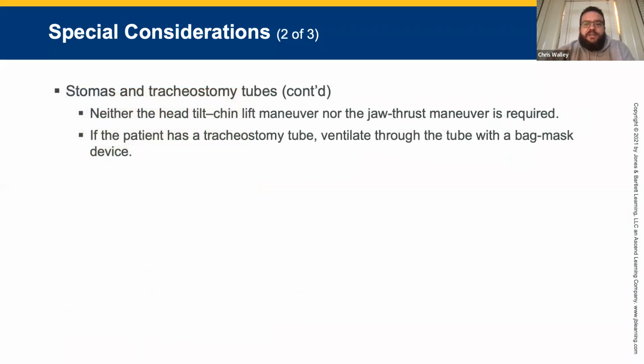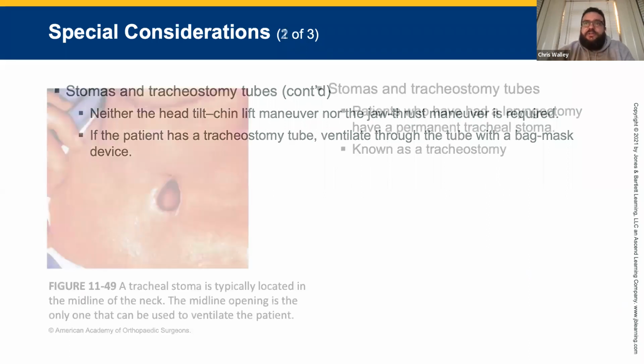If the patient has a tracheostomy tube, ventilate through the tube by a bag valve mask. And a standard 15 to 22 millimeter adapter to the bag valve mask will fit into the stoma. Use 100% oxygen attached directly to the bag valve mask. You do your best to hold your composure, and you're like, oh, I know it can go in there. Whoop, and you fit it. Most of the time there's a ring on the inside of the stoma that they can take in and out to clean. Like on this picture,